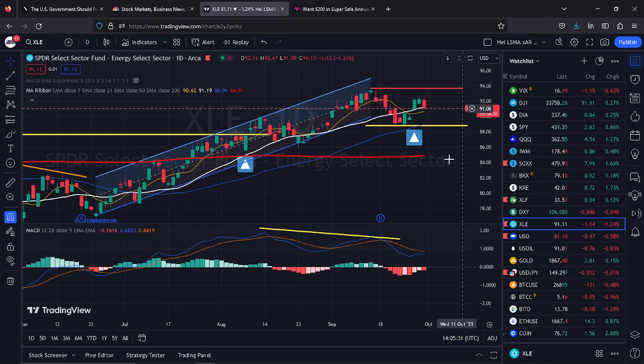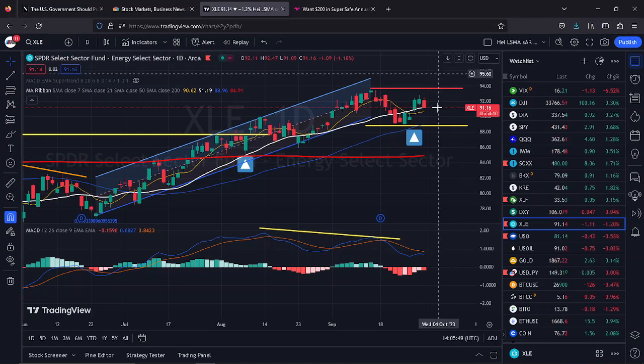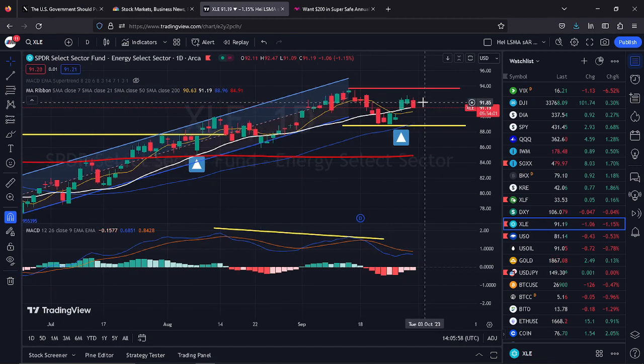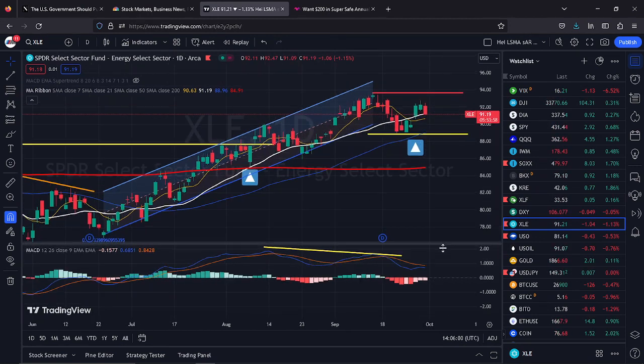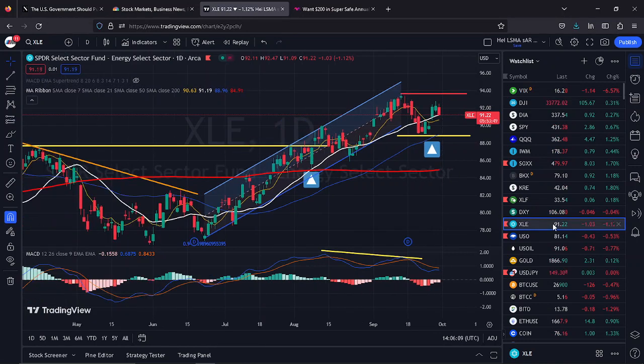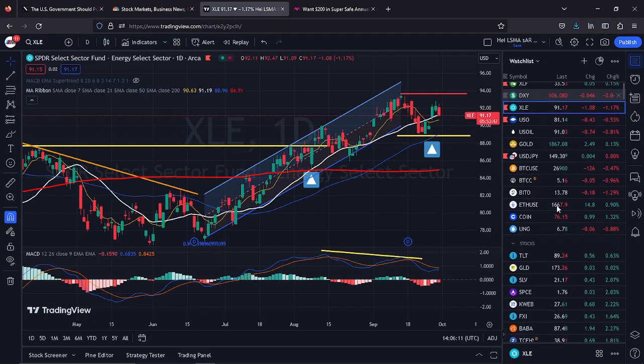So you have to get yourself psychologically prepared for all the different types of scenarios so that you don't get scared. You have to stay with your plan. The plan is, unless it breaks down and the trend invalidates this uptrend, I want to buy every pullback, just like long-term investing. That's trend following. And you will take a lot of these small losses or intermediate losses before you latch onto one that gives you a lot of return.